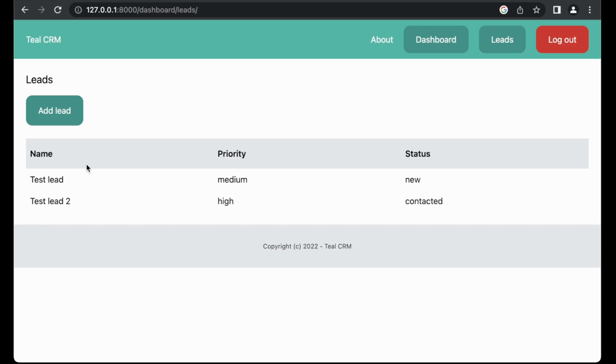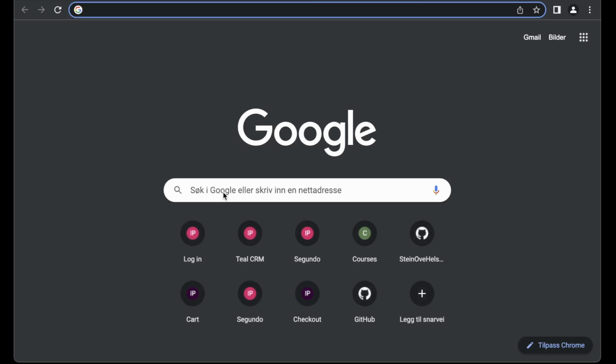Nice. Maybe we should try to add zebra stripes to this so that this has a gray background but this doesn't. So to do that we need to use a cycle property from Django.